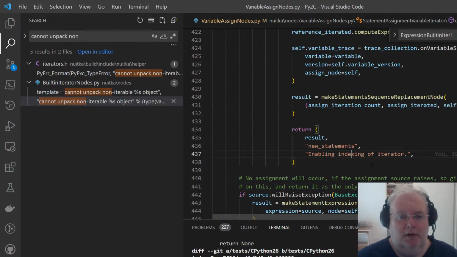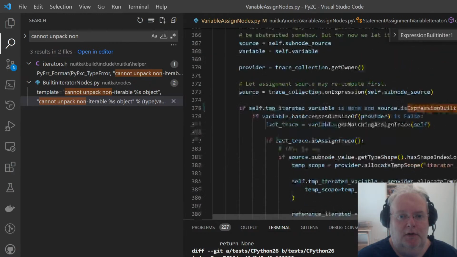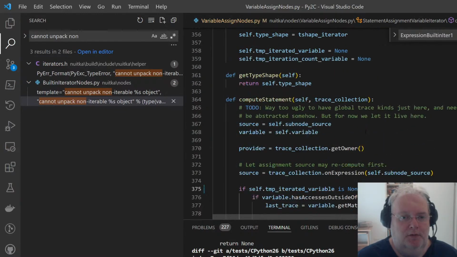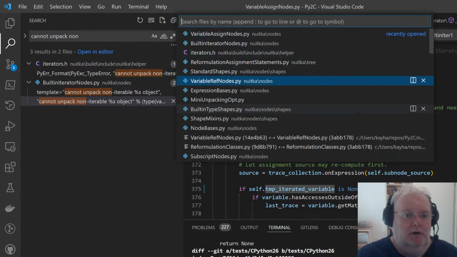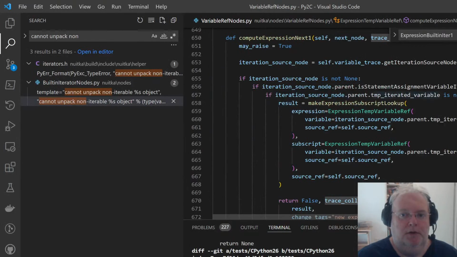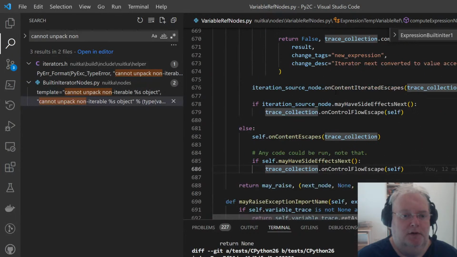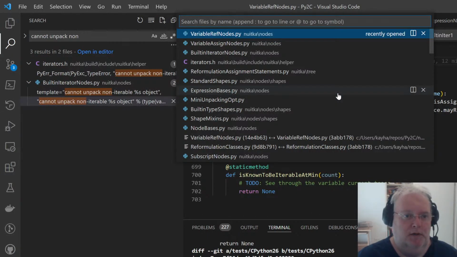Didn't have a very good message yet, but after this, when it looks for us and the parent of this iterator node, then it will find the self iterated count here in variable ref nodes where we saw this happening. So that's basically all it takes, and now only the check remains.